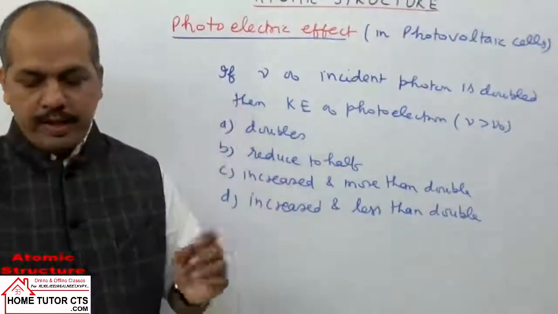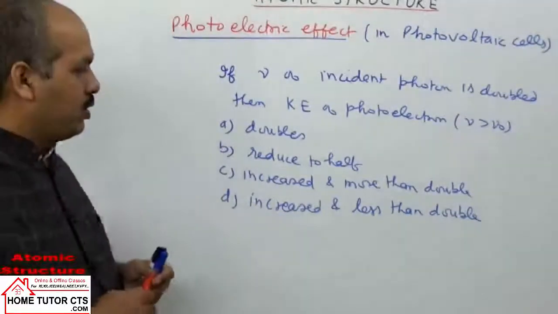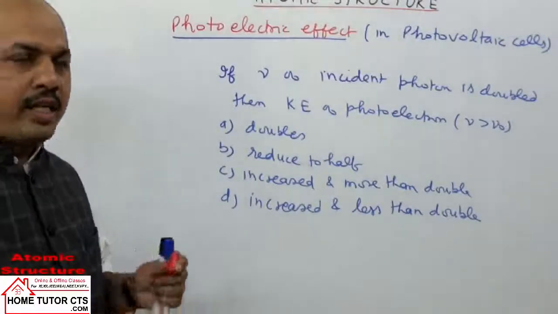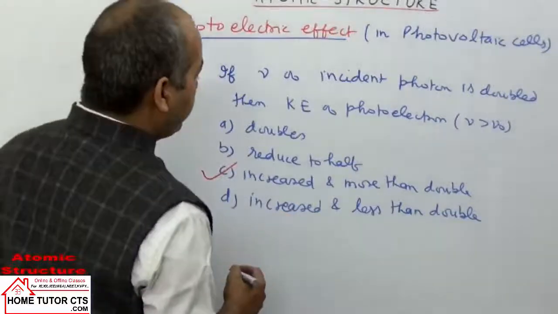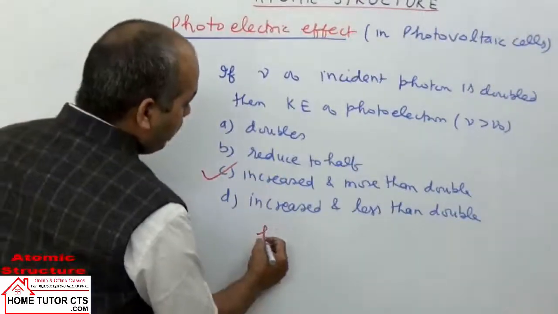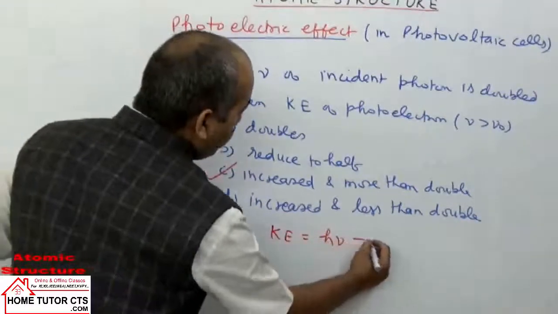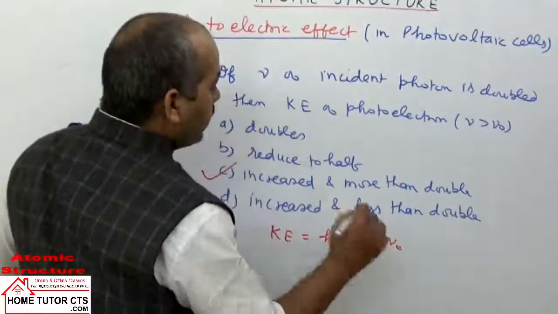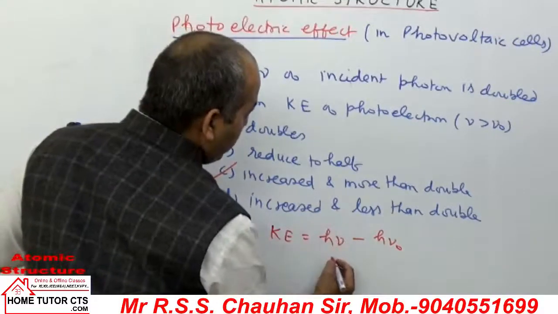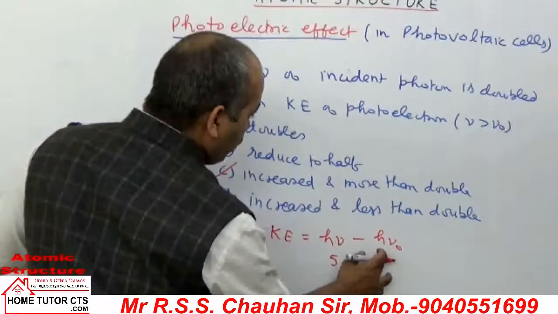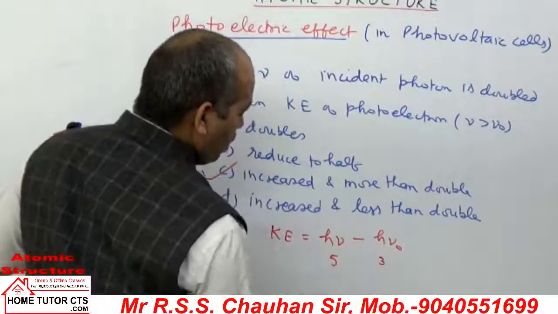Now on the solution part, what is your answer? A. Okay, for this question answer is not A but answer is C. How this option C will be answer? देखिए, if I suppose take for the photoelectron how to find kinetic energy, it is h nu minus h nu naught. Let us take frequency of photons or energy of photon can be taken 5 units, and for the electron we have threshold energy 3 units of energy.